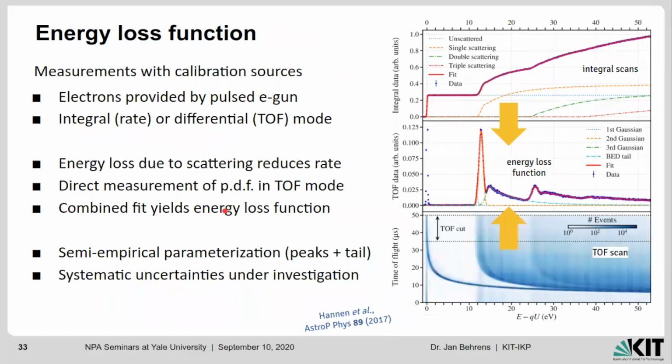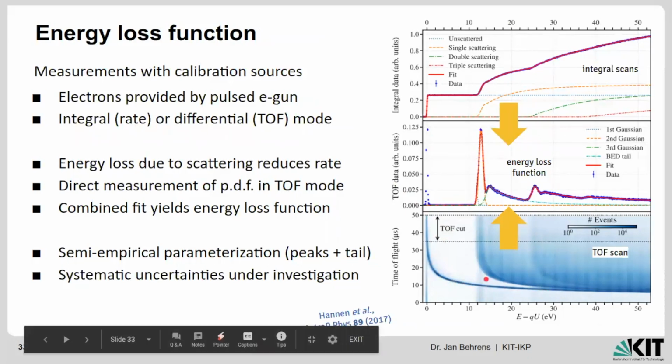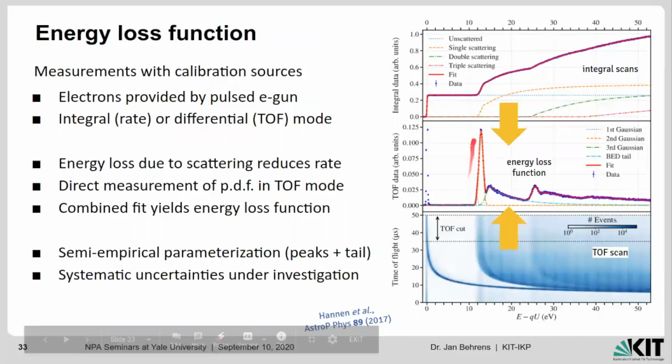We need to understand the energy loss function quite well, and we found that we can actually measure this again with the e-gun, which has not been done at this precision in the predecessor experiments. This is a very new approach to measuring this energy loss function. We use the e-gun in a combination of an integral mode, where we measure the response function, and a differential mode, where we measure the time of flight of the electrons. A combination of which gives us the energy loss function, where you can see here